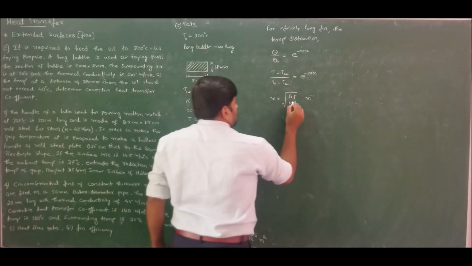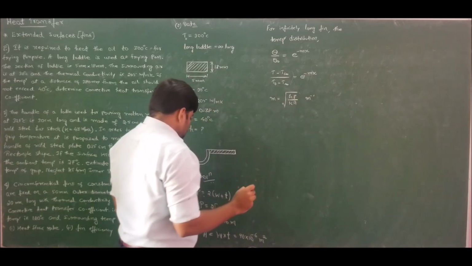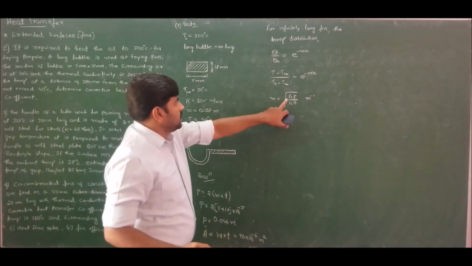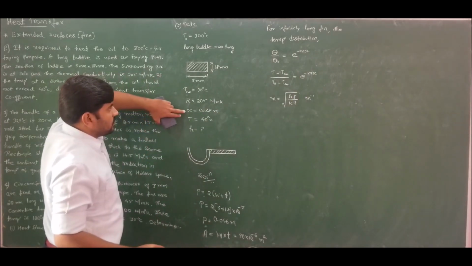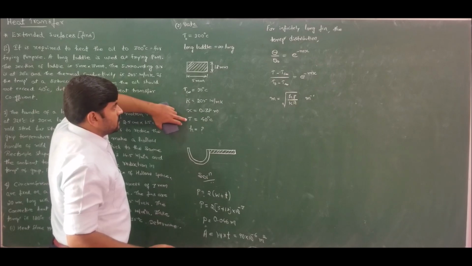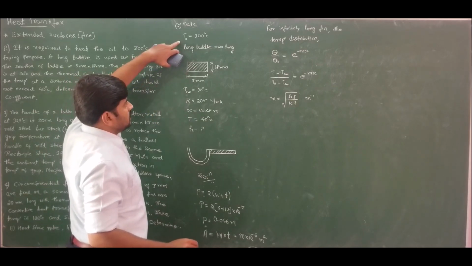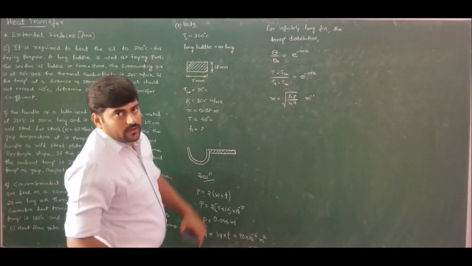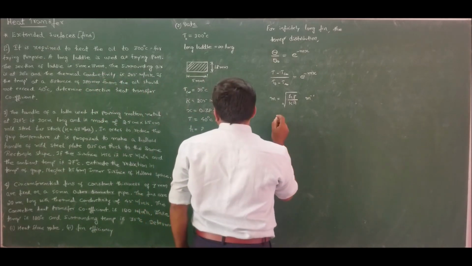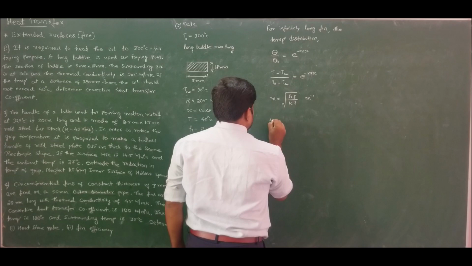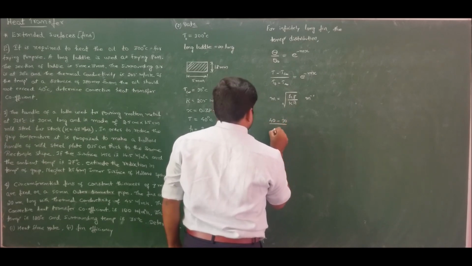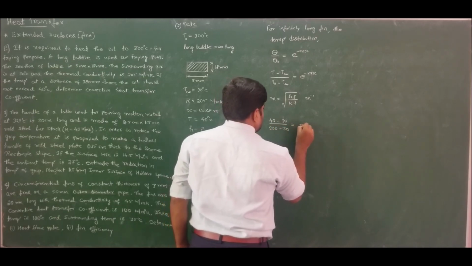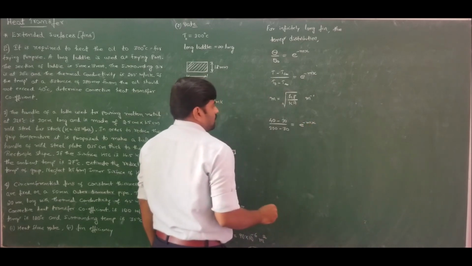So what he has asked, the convective heat transfer coefficient is present in m. So therefore I should find the value of m. He has specified at a distance of 0.38 meter, the temperature is 40 degrees Celsius. We know the base temperature, we know the ambient air temperature. So therefore I can find the value of m. So if I substitute and solve, I will get the value of m as 40 minus 30 divided by base temperature is 300 minus 30 is equal to e to the power of minus mx.